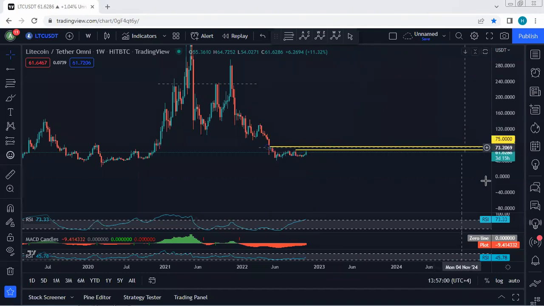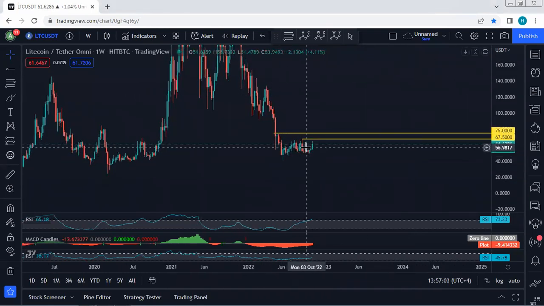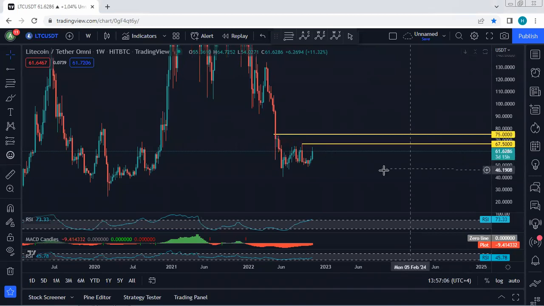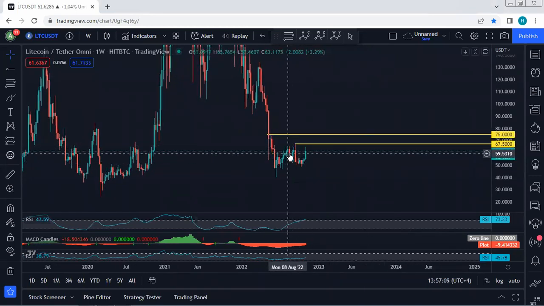Anyway, we don't need to wait for the breakout of the lowest price of this correction before we take the trade as a long term. As long as the price could break this correction, then we can look for the next trade setup, and even we can trade within the correction as long as the price hasn't broken this correction. In that case, the trade will be a short term. If the price couldn't break the lowest price of this correction, the breakout of the 67.5 followed by 75 can be quite important for us, because if the price could break this zone, then it can give us a nice trade, and even from there we will check the chart again, and mostly we can look for continuation.